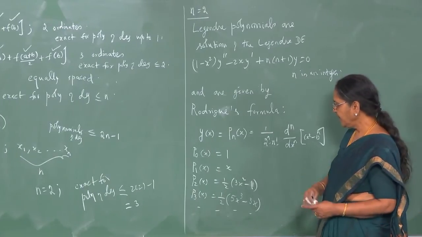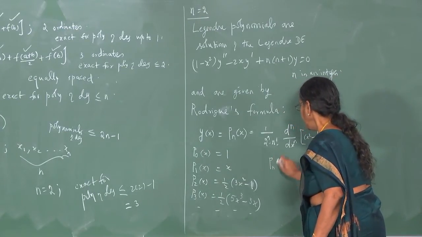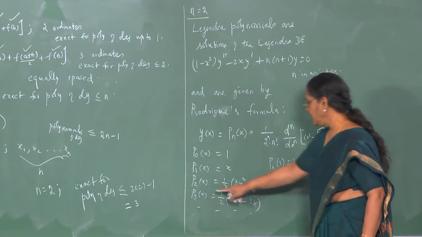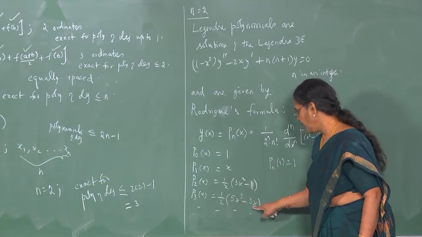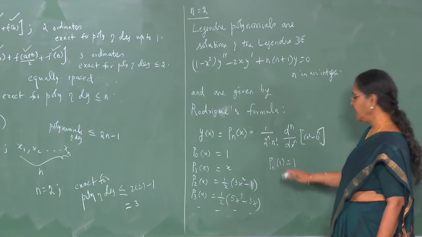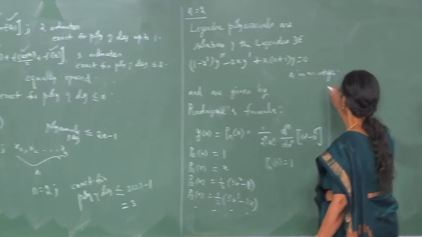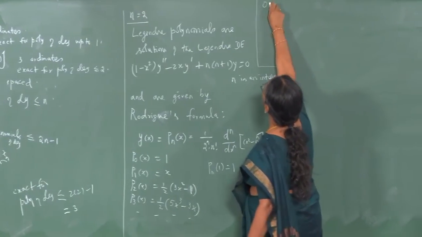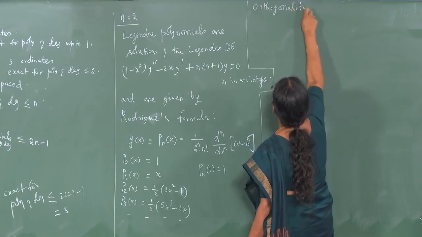In addition, the polynomials have the property that Pn at 1 is equal to 1. You can check P2 at 1 is 2 by 2, P3 at 1 is again 1, and so on. So, they satisfy the property that Pn at 1 is 1. Further, they satisfy an important property which is called an orthogonality property,